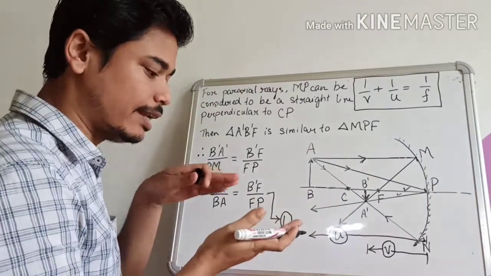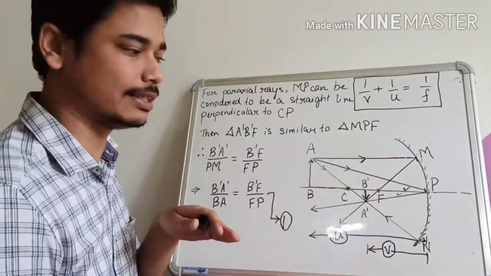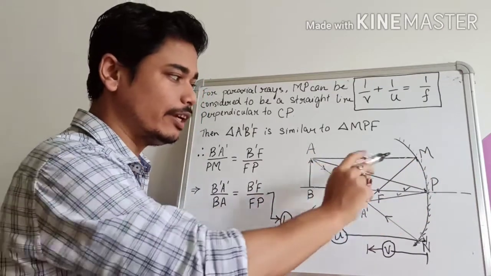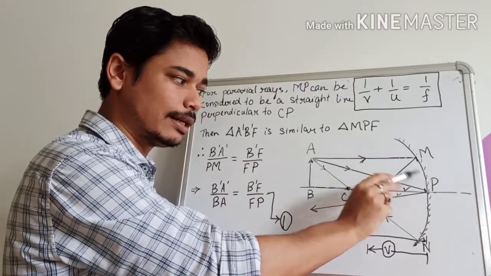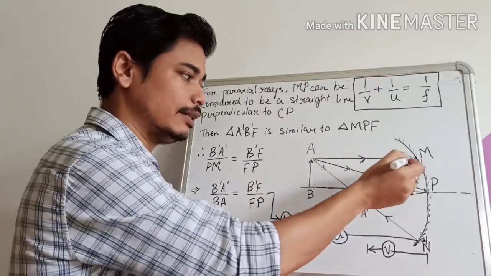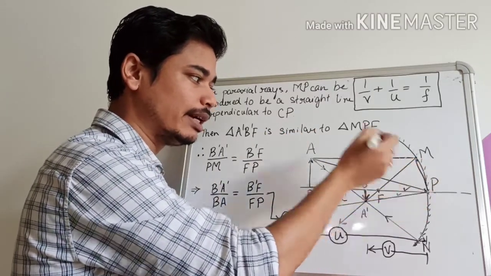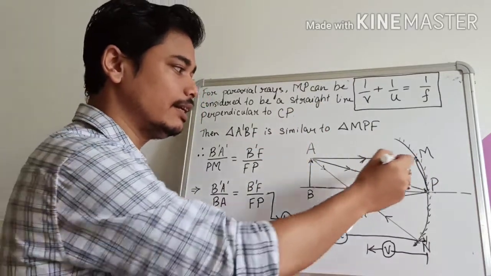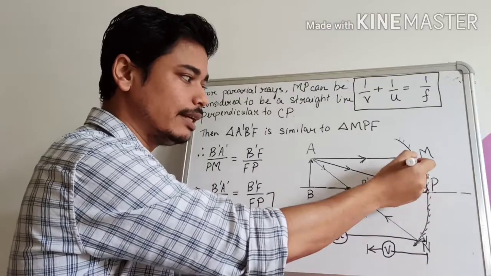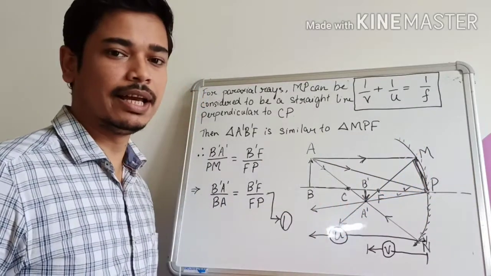Why? Because that ray is traveling very close to the principal axis. Therefore, the point M will be very close to the point P. Now, if this point comes down, if it is considered somewhere here, then what will happen? The distance MP can be considered to be a straight line. If we connect the points MP, then that line can be considered as a straight line